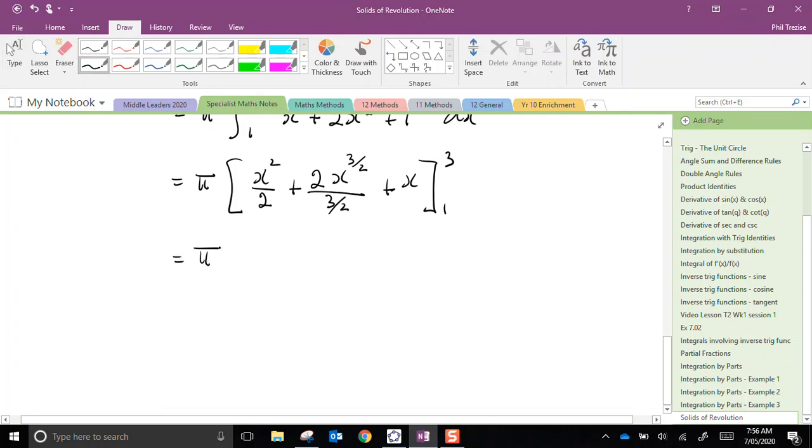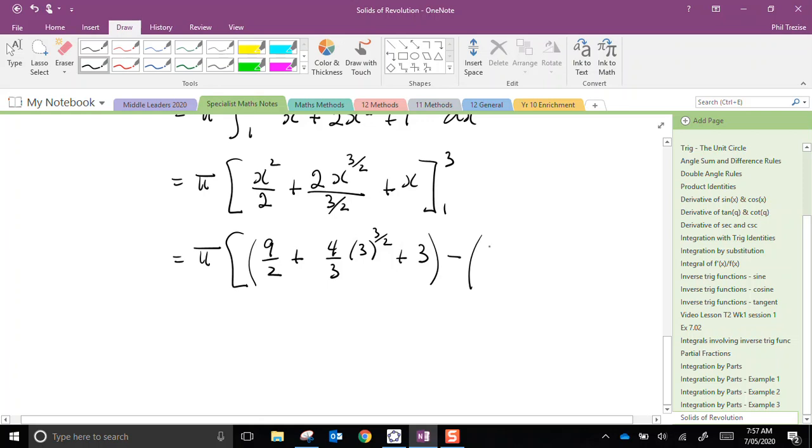Now we evaluate. So I will have 3 squared, that's 9 over 2. Now note on this one here that when I divide by 3 over 2, it's the same as multiplying by 2 over 3. So it's really 4 over 3, and then I would have 3 to the power of 3 over 2 plus 3. Now, all of that should have brackets, and now we subtract when we substitute the lower